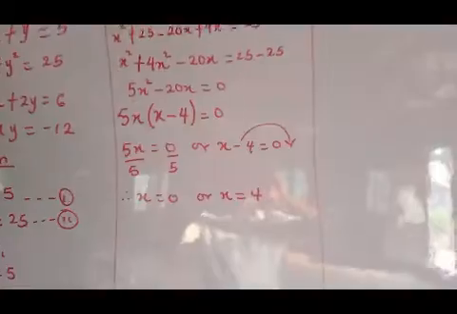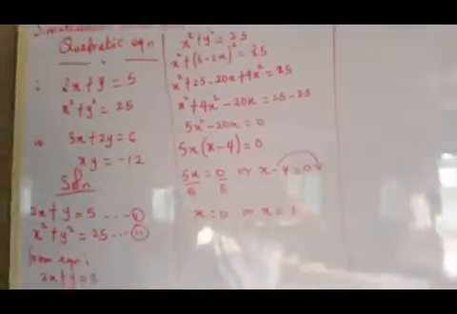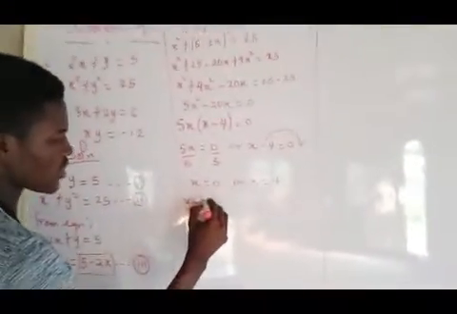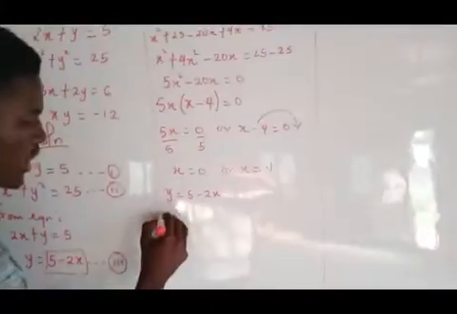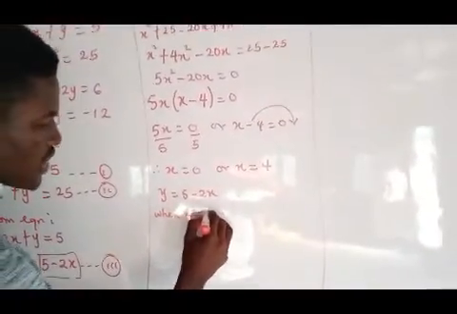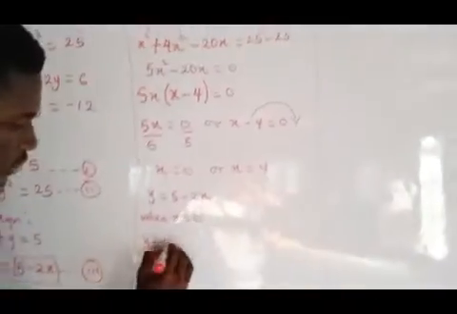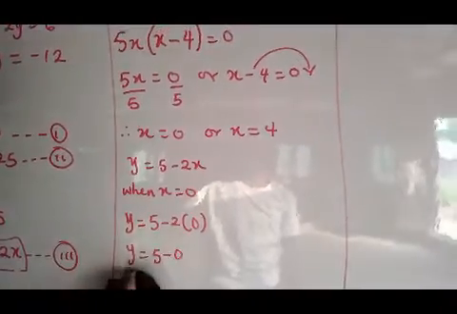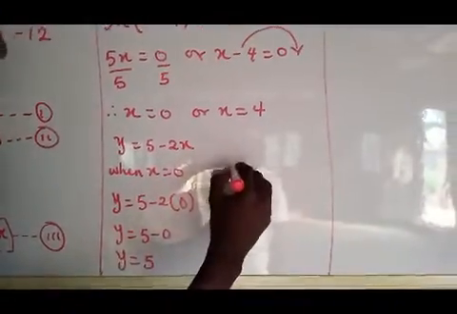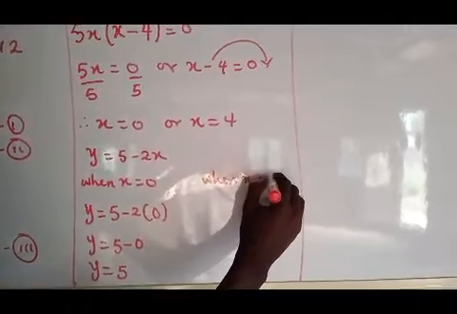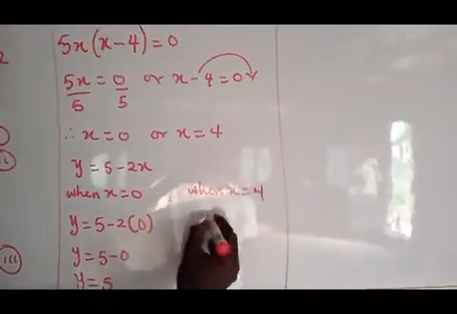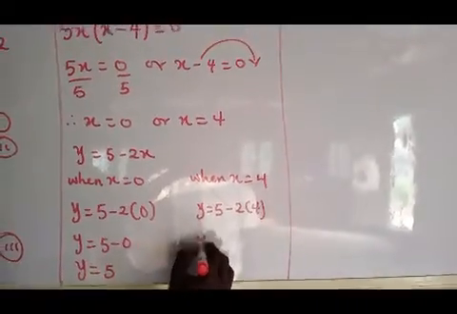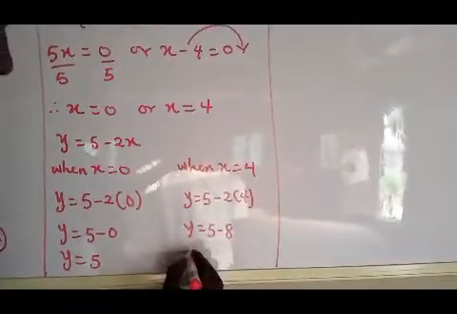So that means my x is 0 or 4. What's the next thing to do to get my y? You have y equals 5 minus 2x. So when x equals 0, you have y equals 5 minus 2 open bracket 0, y equals 5 minus 0, y equals 5. And when x equals 4, you have y equals 5 minus 2 open bracket 4, y equals 5 minus 8,